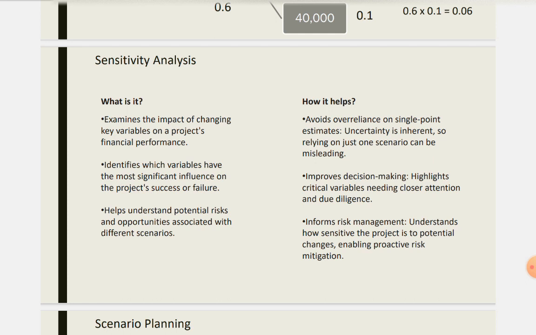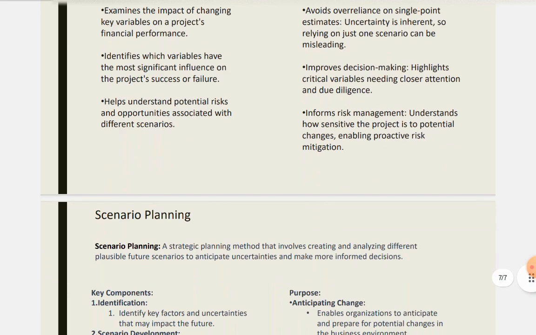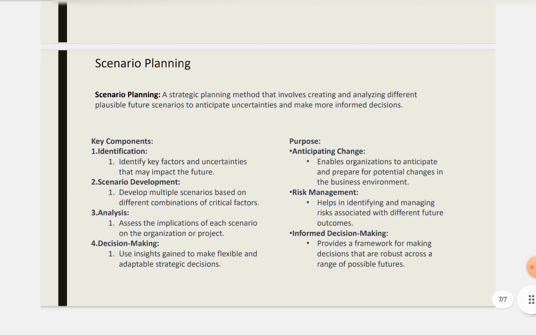Some of you may have a question: what about if multiple variables happen at the same time? How exactly would you measure the interaction between those variables? Well, for that we have something called scenario planning, and scenario planning essentially helps in formulating different scenarios where different things happen at the same time. So this could be something like the oil price going up, inflation going up, so interest rates going up. It could also mean that people are cutting down on spending because inflation goes up, so your demand falling. So what happens there?